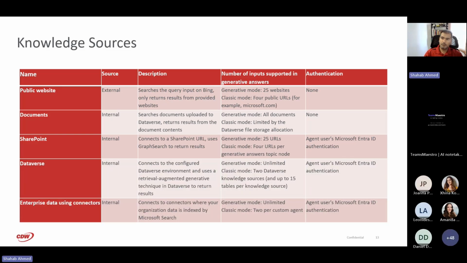So if you, for example, created a SharePoint repository that has multiple documents, and I, Shahab, as a user, have access to 5 of those 10 documents, when my bot responds back to me, it's going to base its response only on those 5 and not all 10, right? And the only way it can do that is through authentication, to ensure that it knows I have access to only 5 rather than those 10, and then it can work off those, right?